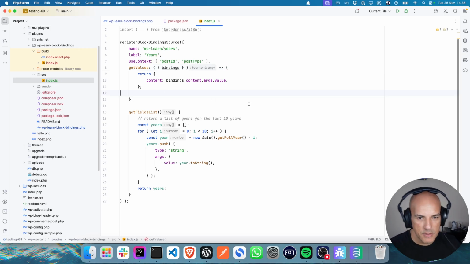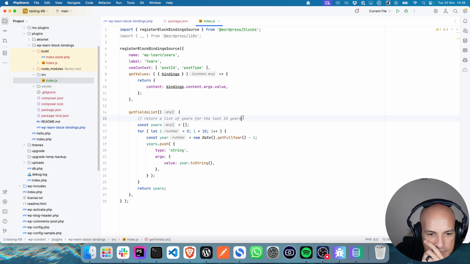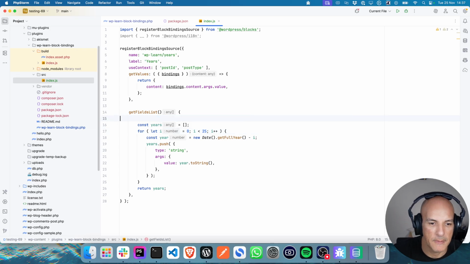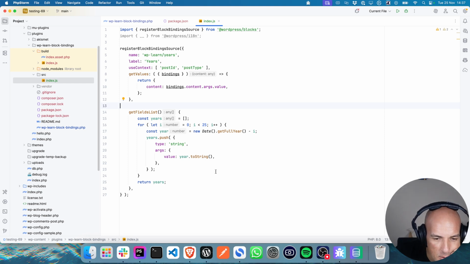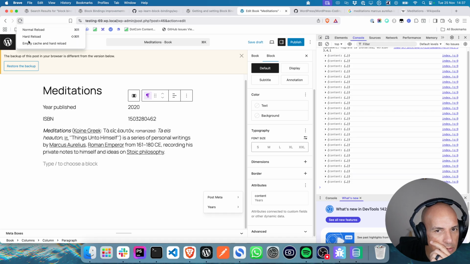And then it returns the value that you've selected. That's really cool, actually. Let's make it the last, I don't know, 25 years, just for fun. There's probably an easier way to do that in JavaScript, but I'm just going to use a for loop. See if that works.